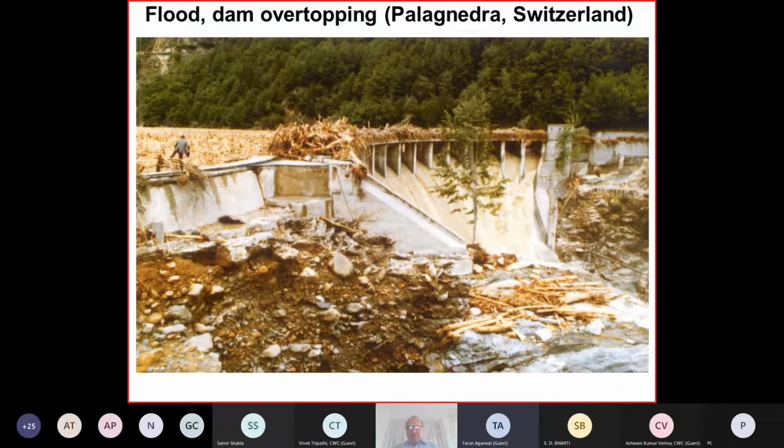Now, I've also shown this. This is a picture from Switzerland from the late 70s. This is an arch gravity dam with a free flow spillway. It is also near the Italian border here, a few hundred meters up is Italy, and it was an extreme rainfall, and it has washed a lot of floating debris in the reservoir, and this floating debris, as you can see, has blocked the free flow spillway,